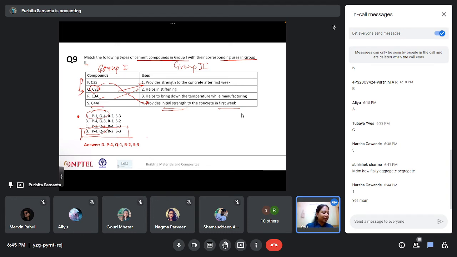And then we have C4AF, tetracalcium aluminoferrite. This helps to bring down the temperature while manufacturing. It has also got another use, that it adds color to the concrete